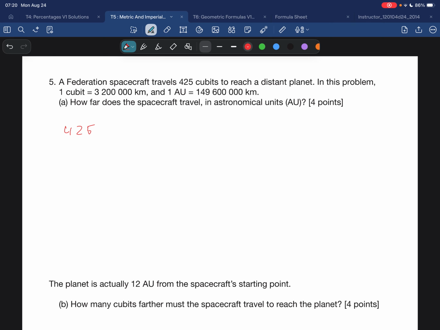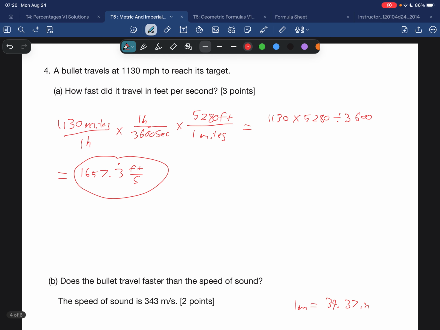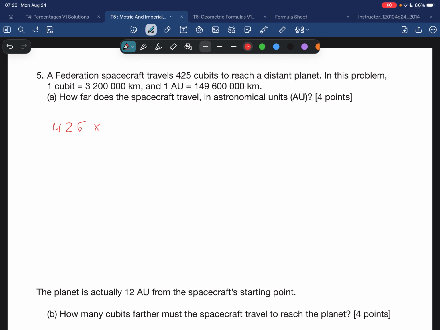So, using the same method here with the fractions, we are going to get our 425 times 3.2 million, which is going to get us